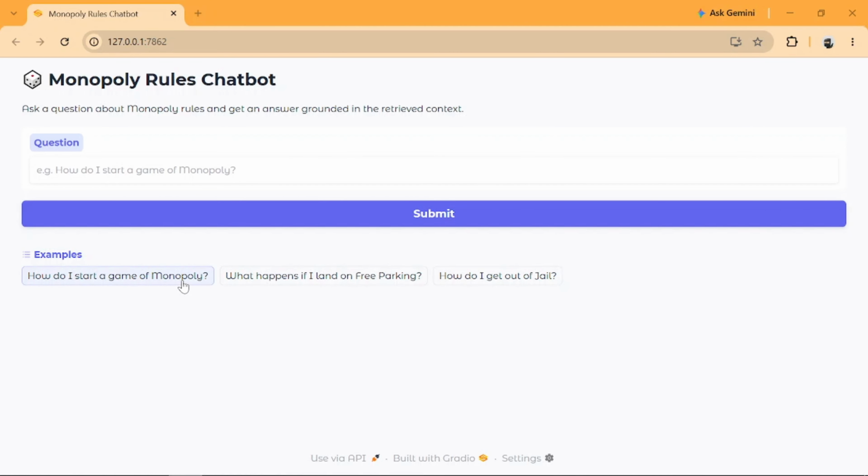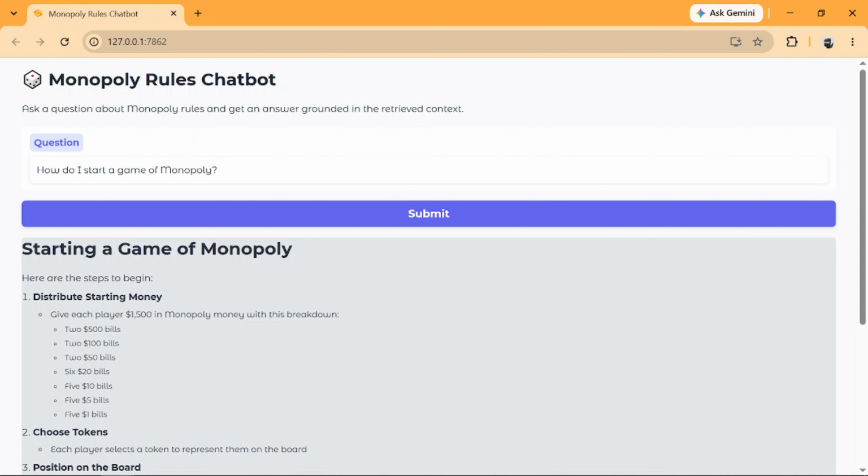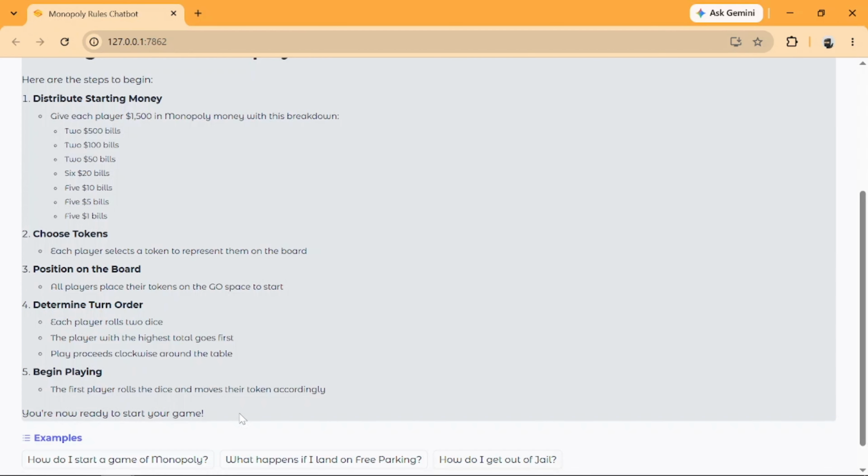But just to show you how it works, a user can ask any question about Monopoly. So for example, how do I start a game of Monopoly? And then click submit. It takes this question and it does a search against a Pinecone vector database where I've saved the rules of the game of Monopoly. And then based on the search results, it uses an LLM to summarize those rules and return them to a